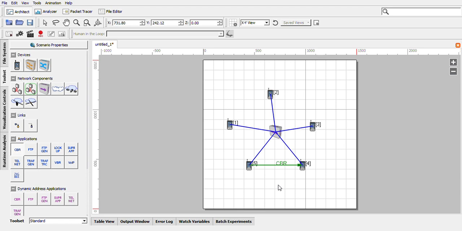As I said, before executing it, you need to configure the scenario properties. The first property that you need to configure is here. Click on scenario properties and don't worry about all these values. The simulation time by default is set to 30 seconds.